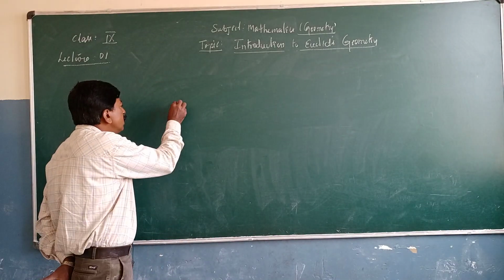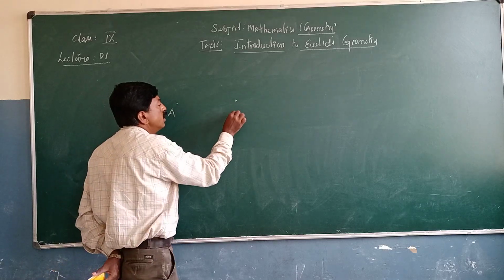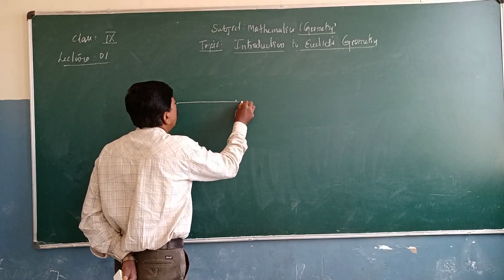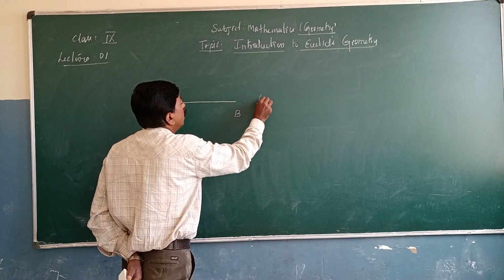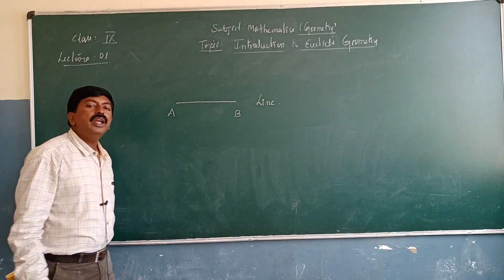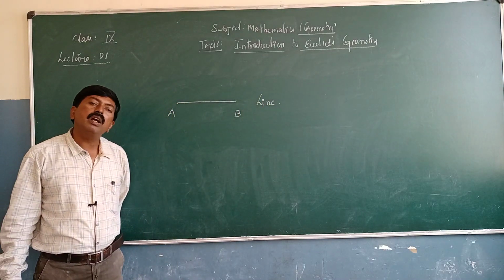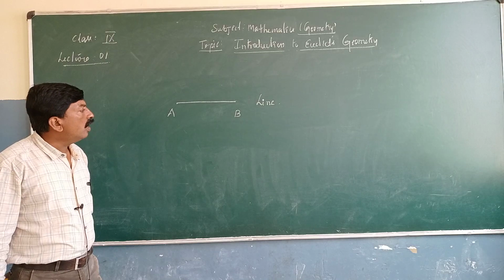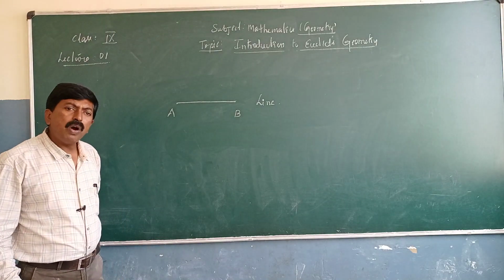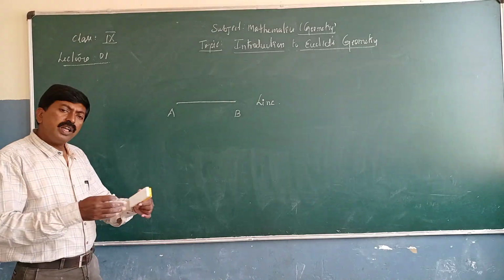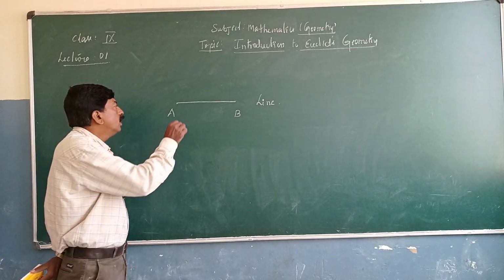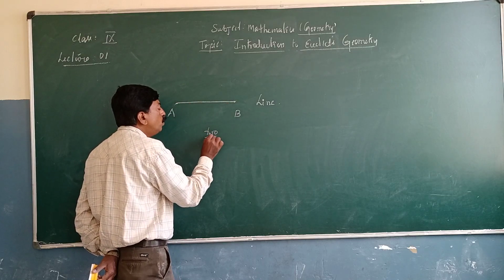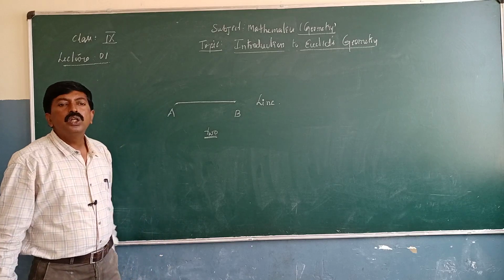Now, what is this again? It is a point, and this is another point. Now 2 points you can join like this. What do you call it? Call it a line. A line may be a straight line or a curved line. Now, how many points are there for a line? On a line we can plot many points, but that line is joined by 2 points. That is called a line.